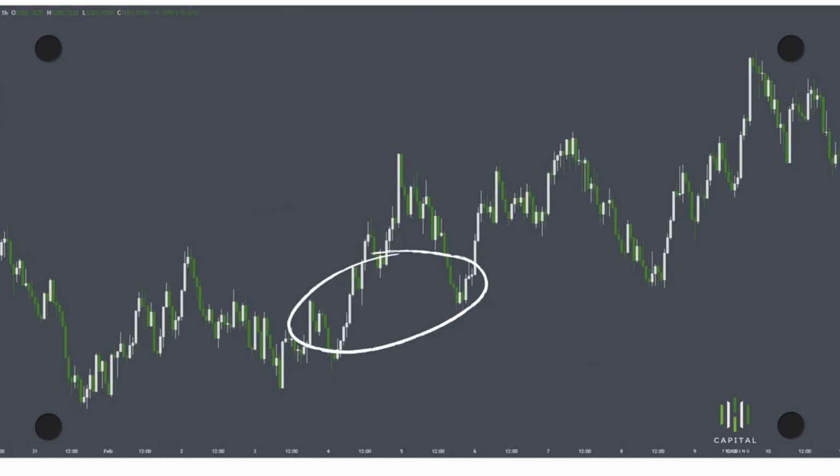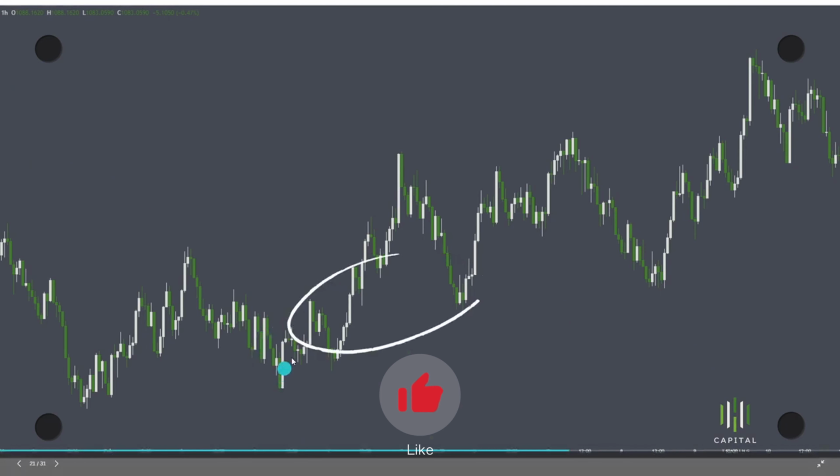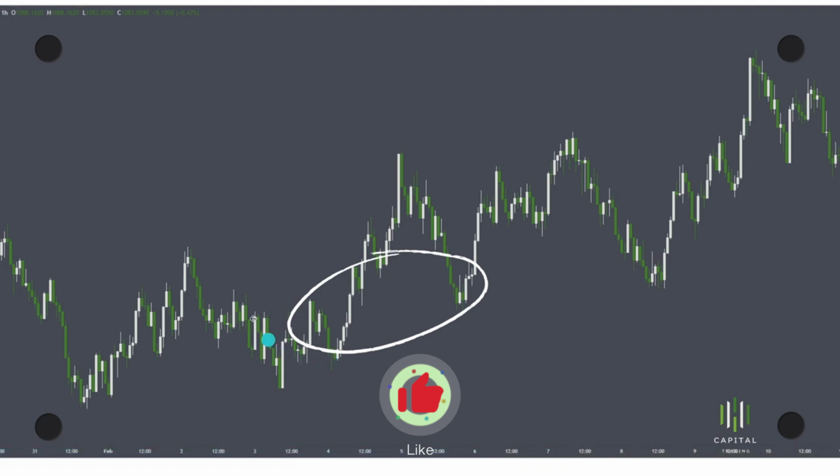So if I go back to the bullish mitigation block, all the sellers here, everybody who sold this up movement here, what they did is when they pushed price down, and then when it went up they were underwater, and then when they pushed price down they tried to mitigate their losses on this level here. So basically